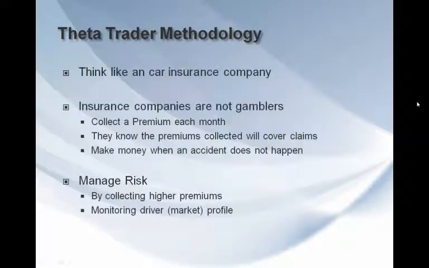Let's think for a minute like a car insurance company. Insurance companies know that the premiums they collect not only cover the cost of accidents they have to pay for, but also their overhead and employee salaries. But on an individual basis, the insurance company risks $20,000 to $30,000 for $100 to $200 per month in income. They can do that because the probability of an individual crashing is small, and the policy is in place for only a specific amount of time.